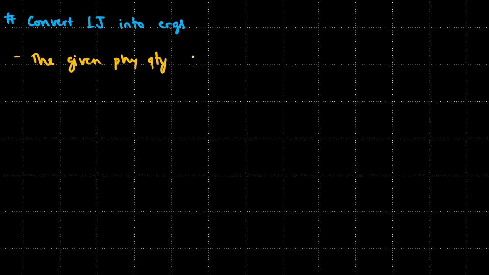Another question that I have is: convert 1 joule into ergs. So to convert 1 joule into ergs, we are going to use the dimension method. The given physical quantity is work. The symbol of work is W. The dimensional